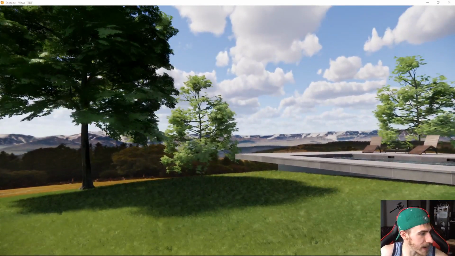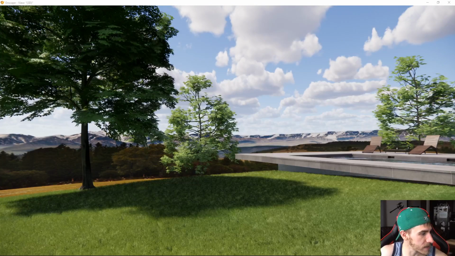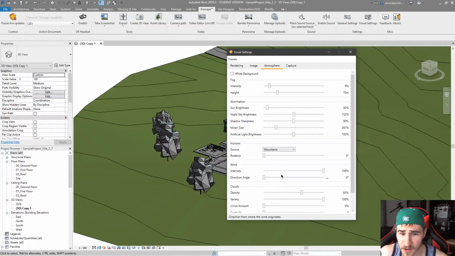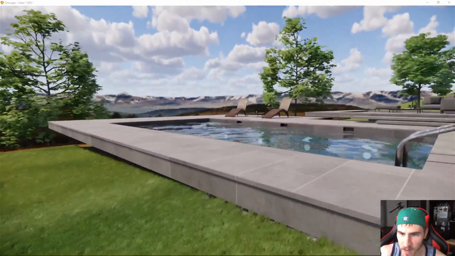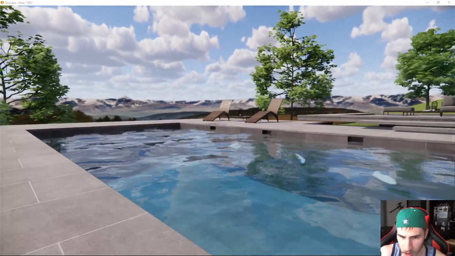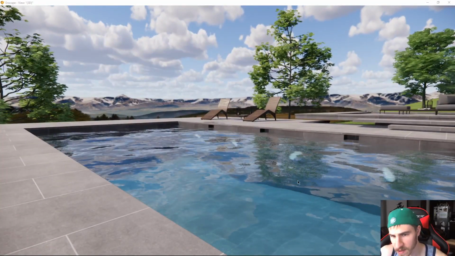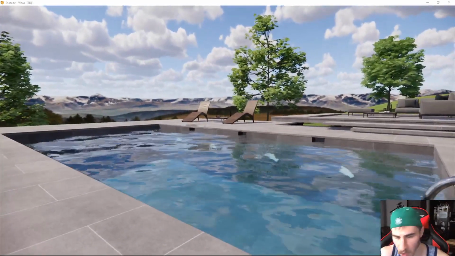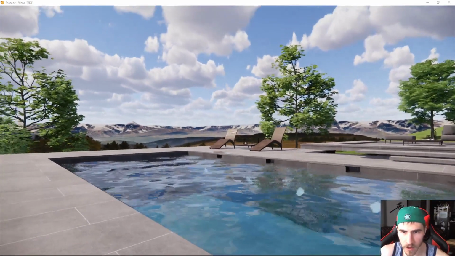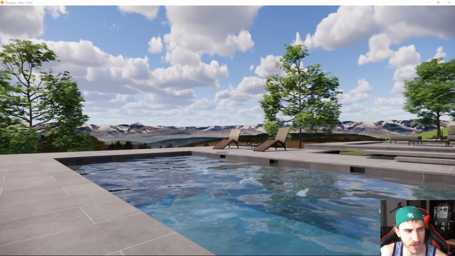But I'm going to put this back down to 25% and show you the water. So you might think it's just the vegetation that is going to reflect the wind. But in fact, if I look at the water here, we can see that, okay, you can see the water moving slightly, and it's moving in this direction towards my face on your screen. And okay, it's moving along with the wind, which is kind of hard to tell the direction, but